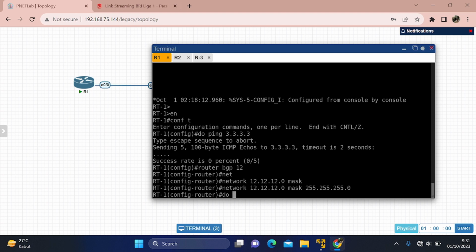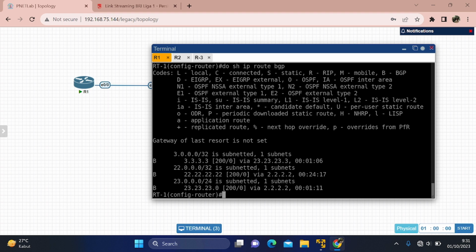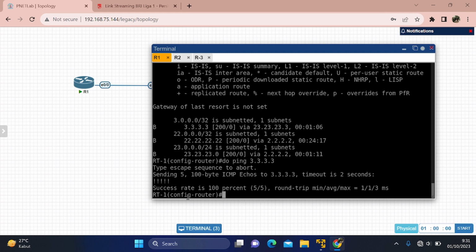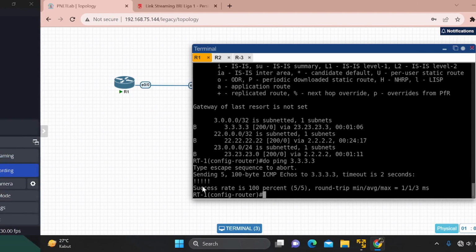And then do show IP route BGP. This is BGP, and then test ping again, do ping. It will be success again. Okay, thank you very much for your attention and see you in the next video.